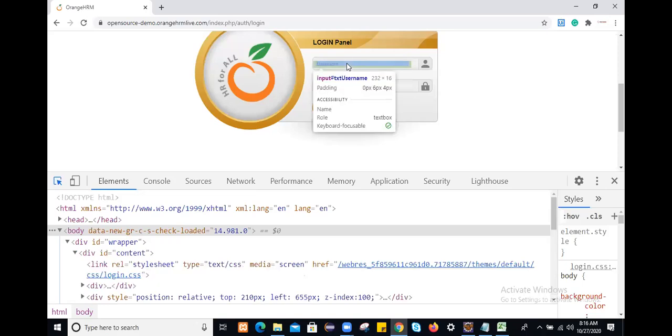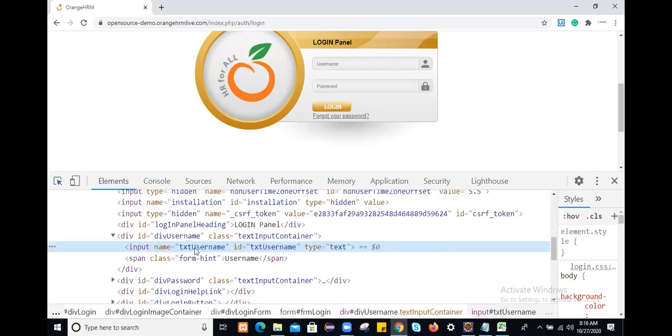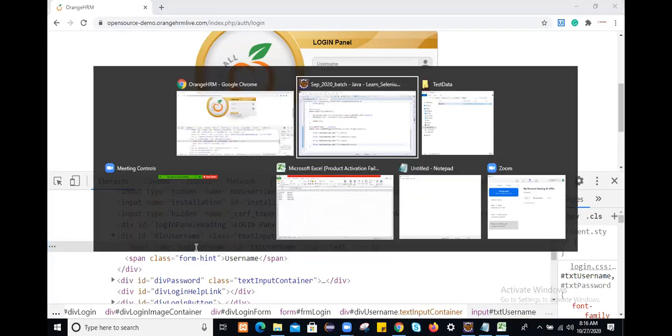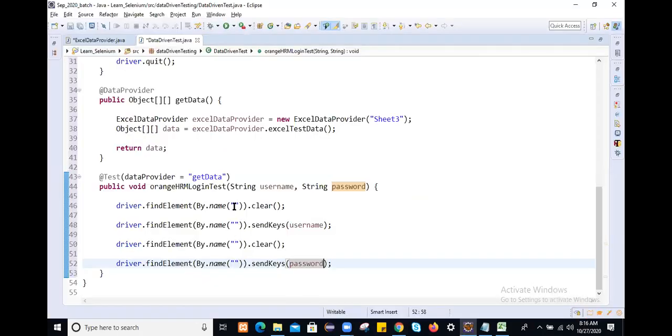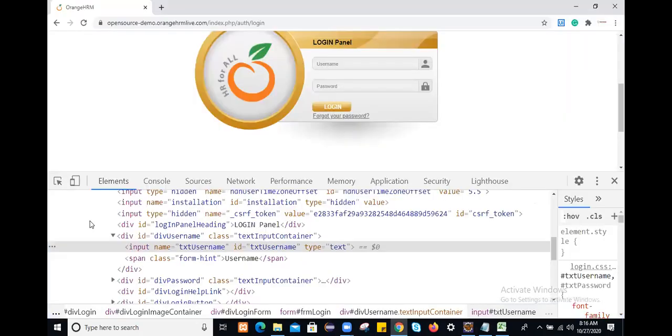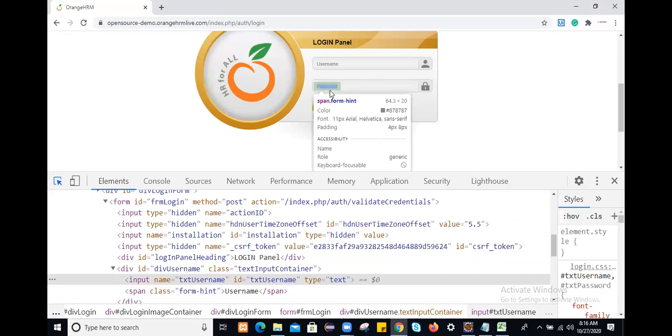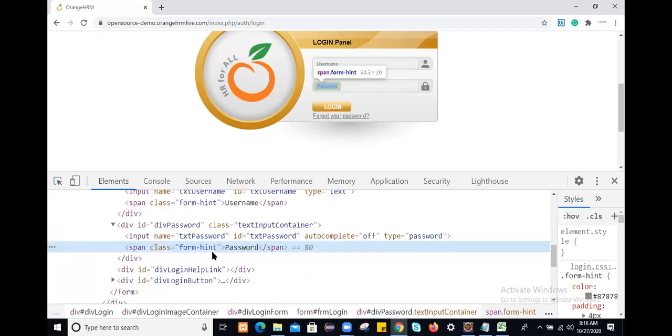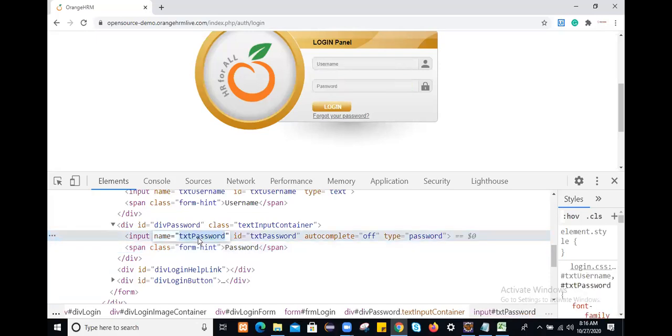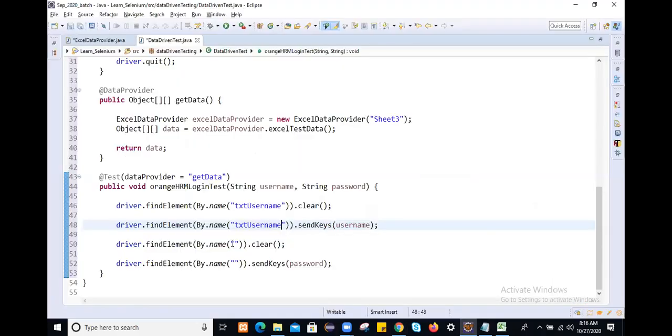Like I will inspect the username field, whose name is equal to txtUsername. Just copy this, come here and just paste here txtUsername, clear the field txtUsername, enter the password. For the password field, you see inspect, click on this. This is my password field. Okay, so for the password field the name is what? txtPassword. Copy this, come here, so txtPassword and then txtPassword.